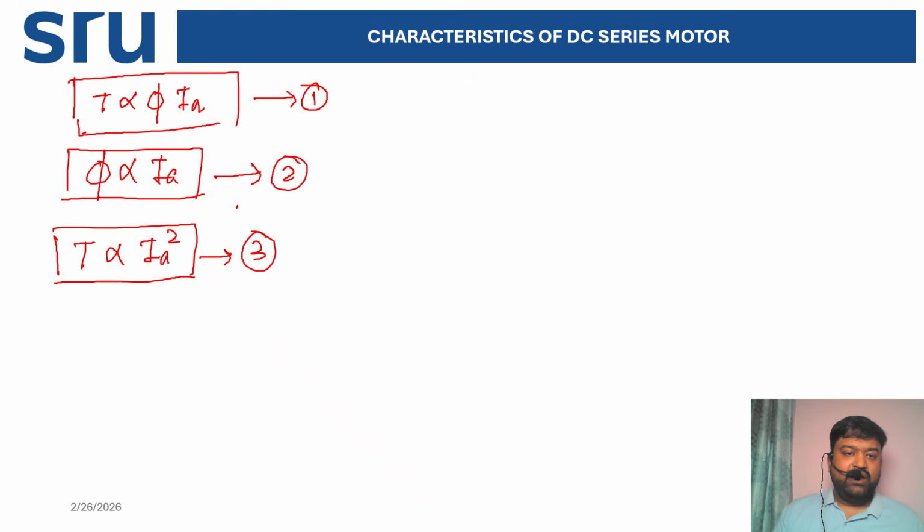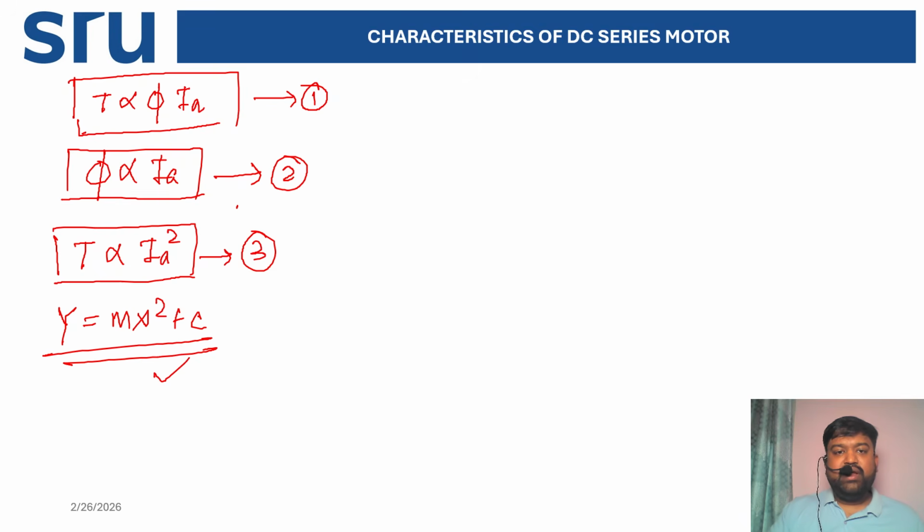Then torque is directly proportional to Ia square. You see it is one equation, like y equals m x square plus c. This is this type of equation. And if we plot the graph of torque versus current,